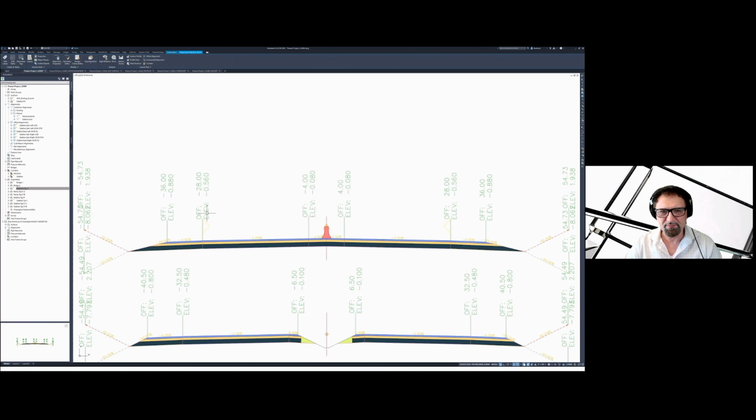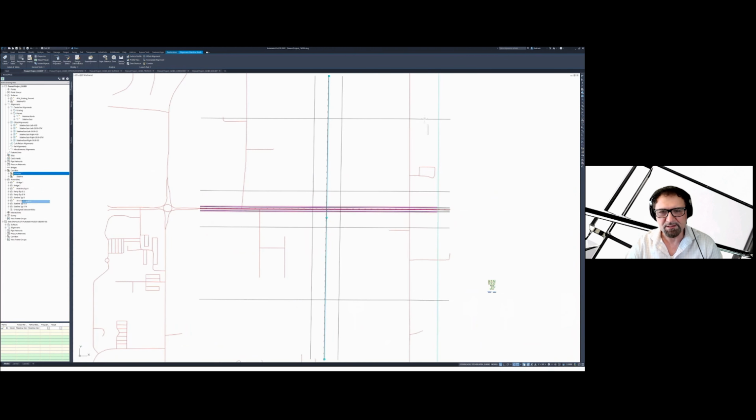Then I have a 24 feet for 2 lanes, and then the additional 8 feet for the shoulder, and then it slopes as a side slope. So with that in mind, I'm going to go and create offset alignments. So that's my first step.